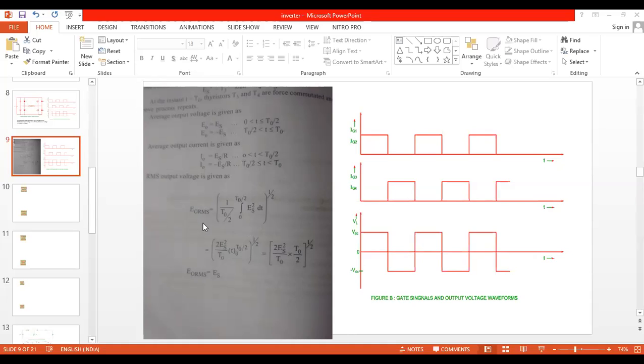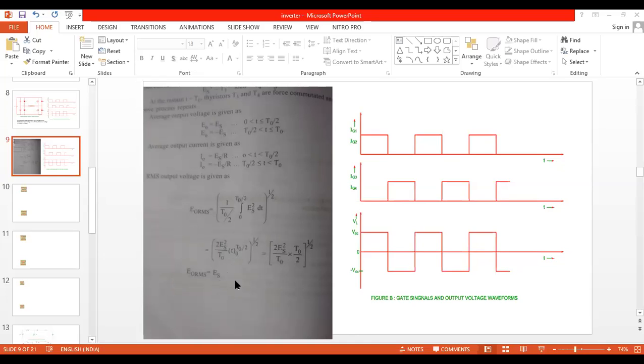So RMS voltage is the AC voltage. What is the formula for RMS? Root of the mean of the square of the voltage quantity. If you substitute here, with Es squared, you are going to get the value, as it is constant. So overall, the output voltage of the bridge inverter is equal to the input source voltage for resistive and inductive load. So remember this derivation, you are supposed to write it right after the theory, this 2 lines derivation.